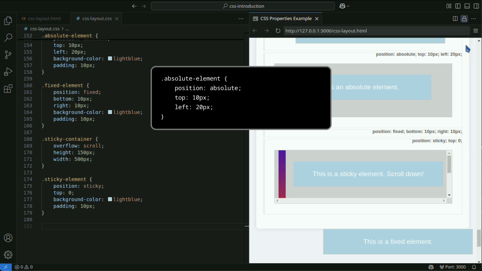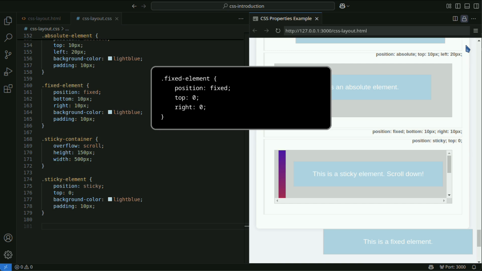If the parent element's position is set to relative, absolute, or fixed, the element moves based on that parent using top, right, bottom, left properties. If no parent element is found, it is positioned relative to the entire page, viewport. An element set to absolute positioning is removed from the normal document flow and does not affect other elements.